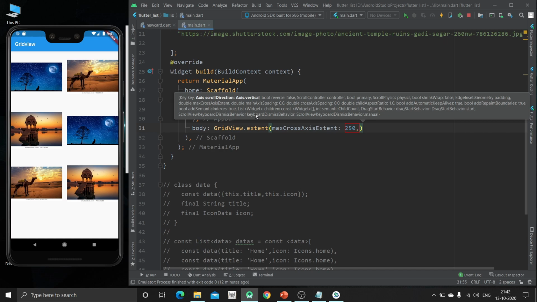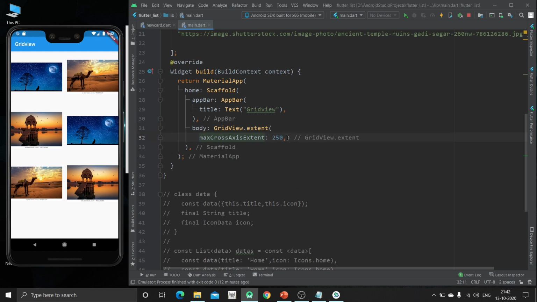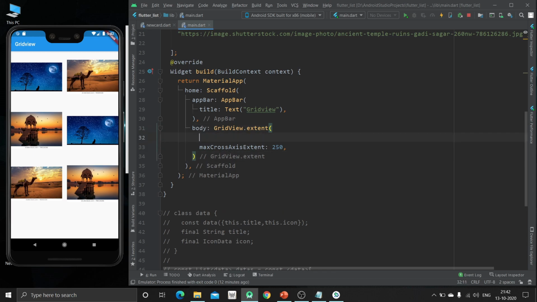Now the other properties that are provided by this grid view dot extend are this. You can see over here the axis scroll direction, children, physics, and these are the properties. So we are just going to rearrange it so we can exactly get what we are doing. So we are going to specify the properties.